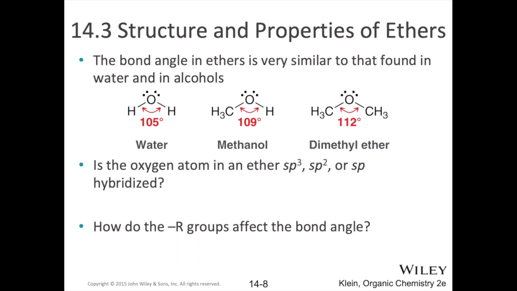The lone pairs, of course, are the same, but notice that in water we have 2 hydrogen atoms, which of course are very small. In the case of an alcohol, that alkyl group takes up more space than a hydrogen, and that's why that bond angle gets a little bit bigger due to the electrostatic repulsion of the clouds of electrons around those